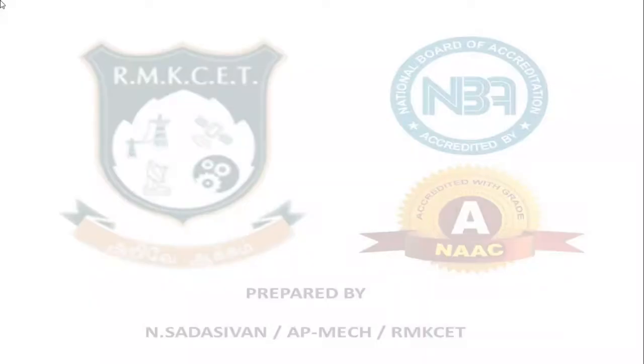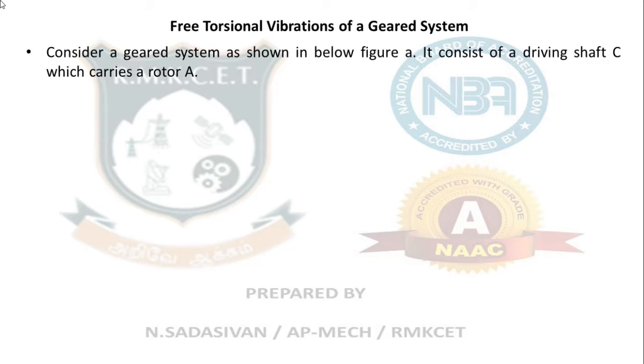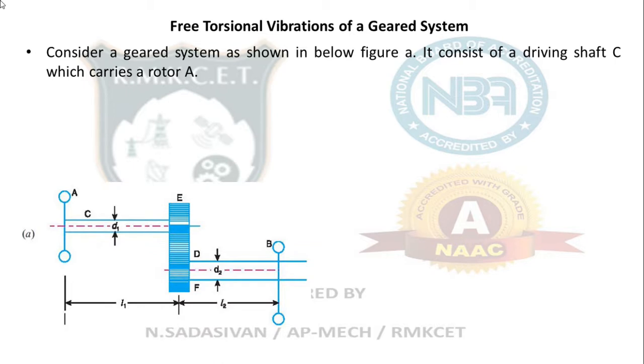We will just have a look at the first slide. Once again, I'll go a little bit faster now because some of you couldn't see the screen. See the figure below. We have a setup like this. The rotor A is the motor, which is the driving force, and rotor B is, let us say, some pump that you are driving. In between we have a setup of gears where E is your driving gear and F is your driven gear. The driving gear is always called a pinion and the driven gear is always called a wheel. It is not dependent on the size.